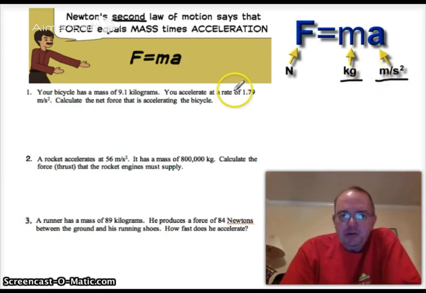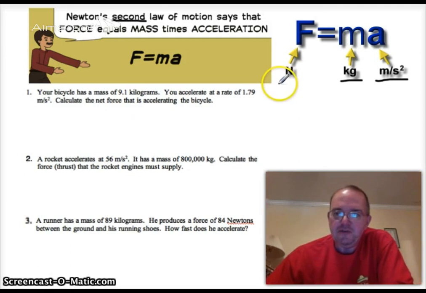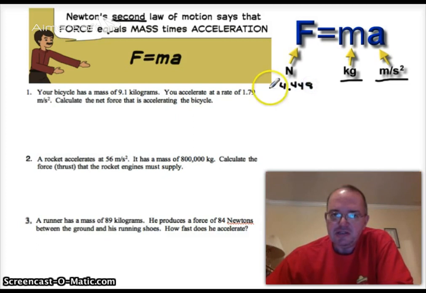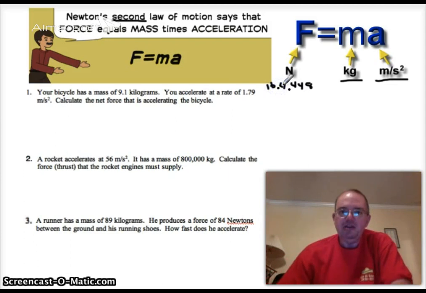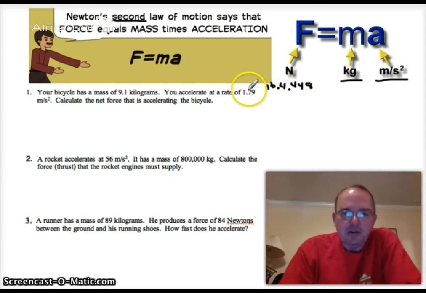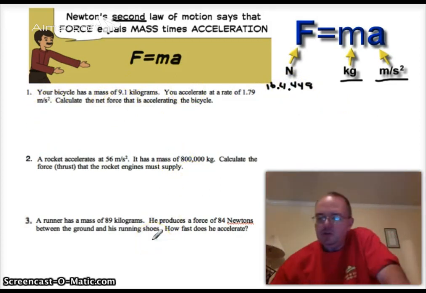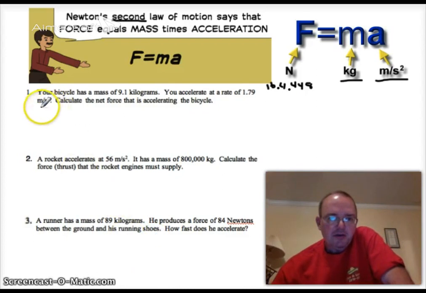So we also use pounds as a unit of force on occasion. And I'll just go ahead and put that 1 pound is 4.448 newtons. So if we say 1 pound of pressure is equal to 4.448 newtons. I don't think it comes into play in this particular exercise here, but I know it does at a different time. Okay, so if force equals mass times acceleration, we have F equals